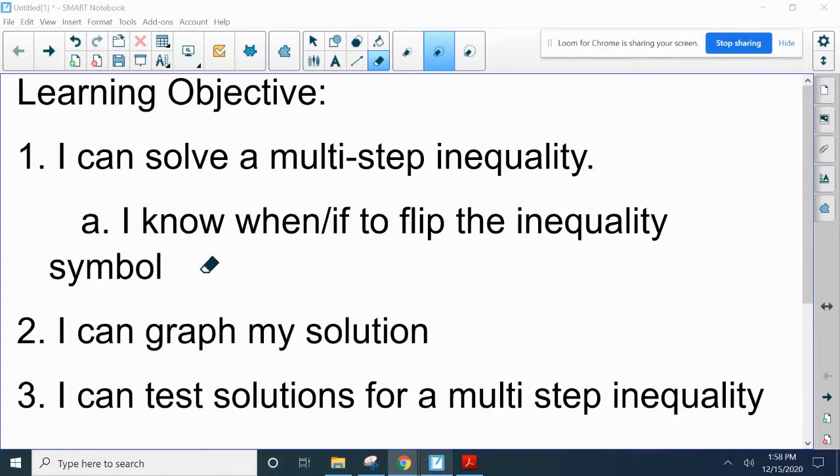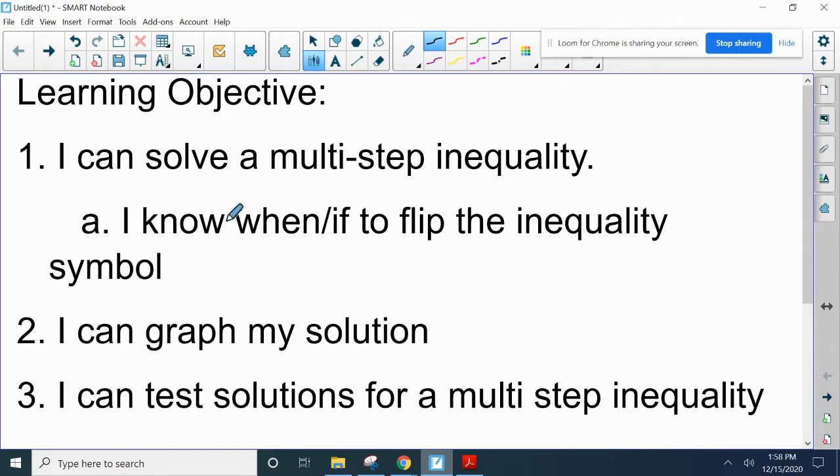All right, so today our objective is that you're going to be able to solve a multi-step inequality. The steps that go along with that we should already know, but if not, we will review: when and if to flip the inequality symbol, as well as how to graph your solution. And then this third one here is also something we've gone over, but we will be testing solutions for specifically